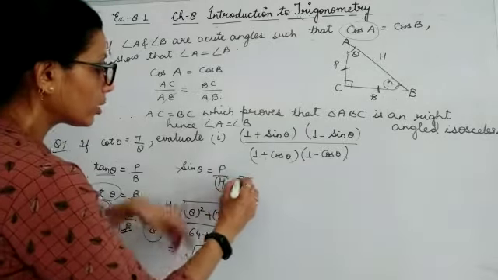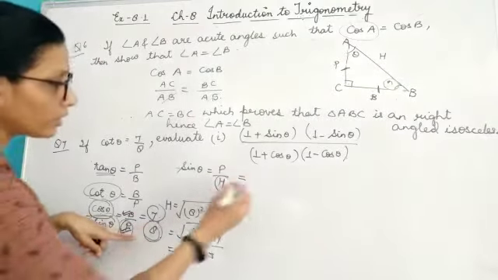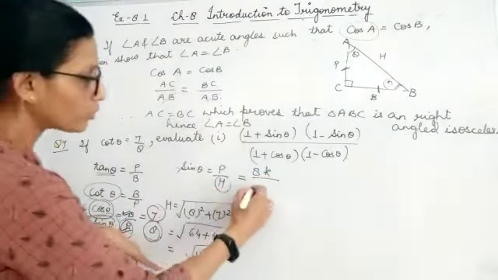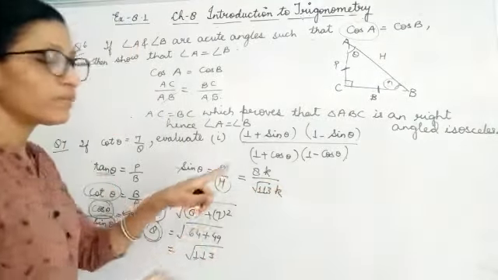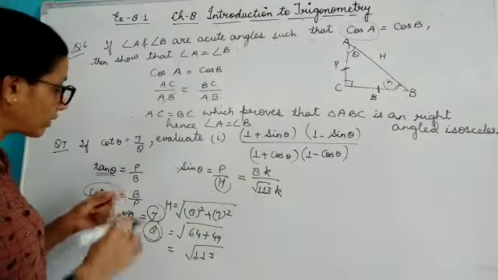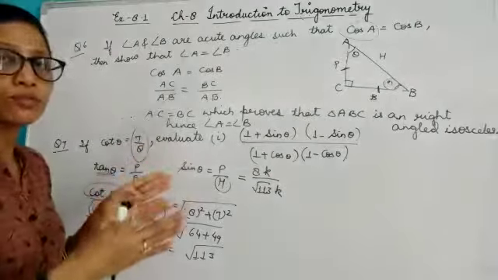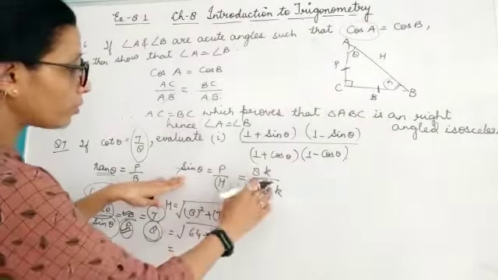So here your perpendicular is given to you as 8k. So I can write 8k here. And what is your H? Your H is root 113k. Children, in the previous question I explained why I am putting this k. Because the ratio given in the question is in the simplest form, that means it cannot be cancelled by any table now. That's why I am putting k over here. So this is the value of sin theta.